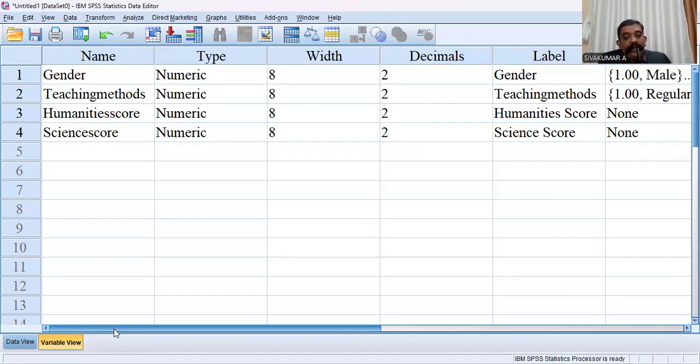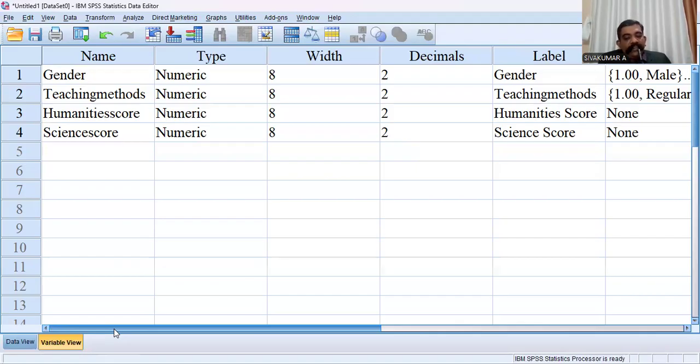Then another one: at least two independent variables are needed. That means the number of independent variables may be 2 or any number greater than 2, and they must be categorical independent variables.